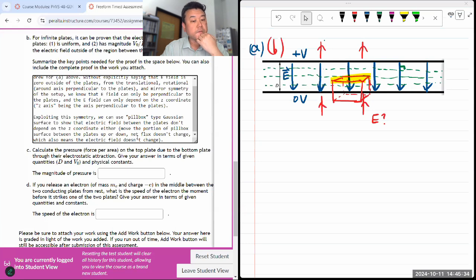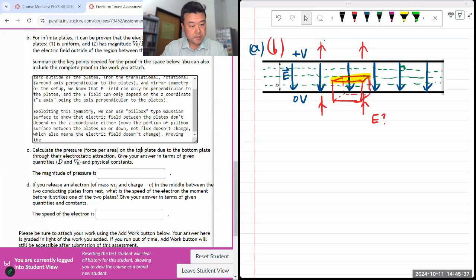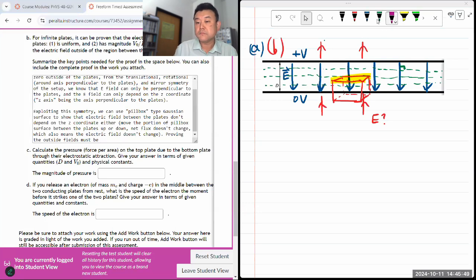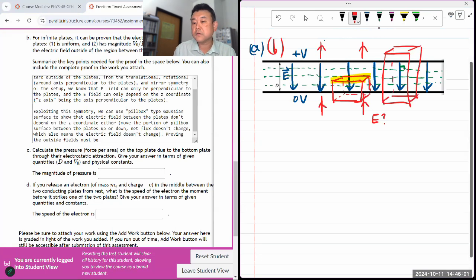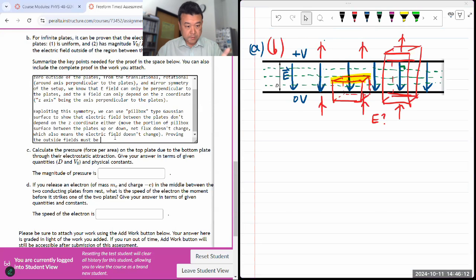And now how would you prove the outside fields must be 0? I think that's a trick here, because if you do a surface like this, then I think the challenge is that with the field directions, you could have non-zero field but zero flux. Zero flux that's mandated by the amount of charge you are enclosing. So I'll say proving the outside field must be 0 is trickier, but